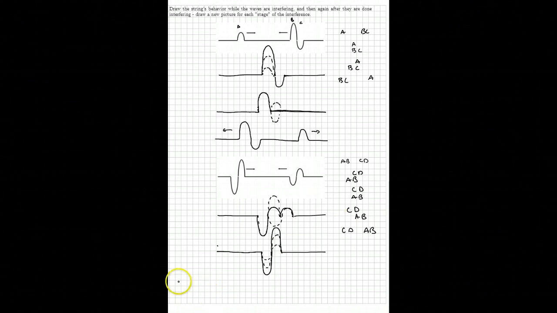We're going to have C here, which is little, D, which is little, and then A and B here. So here and here the interference is easy because there isn't actually any. Here we have the big down from A interfering with the little up from D, so we end up with a little down, and then they separate. So C, D, and A,